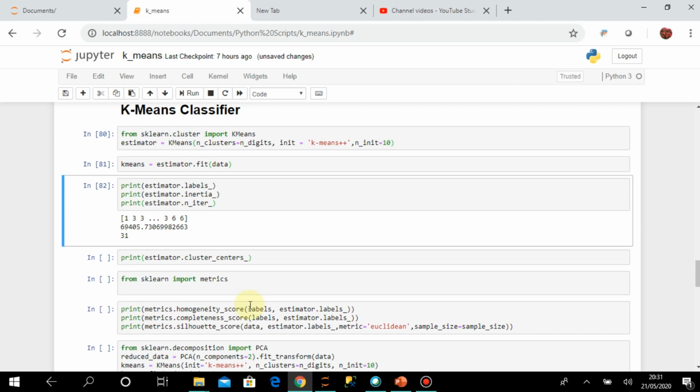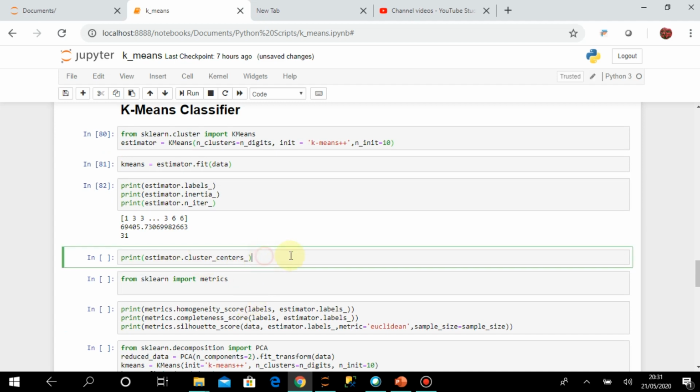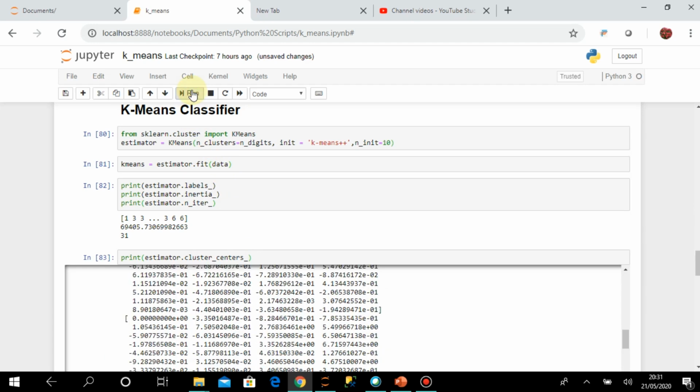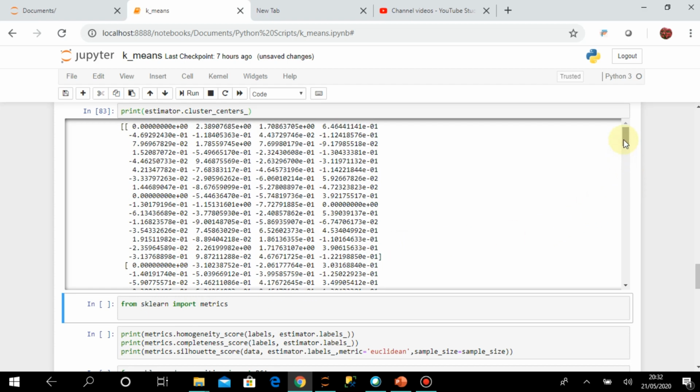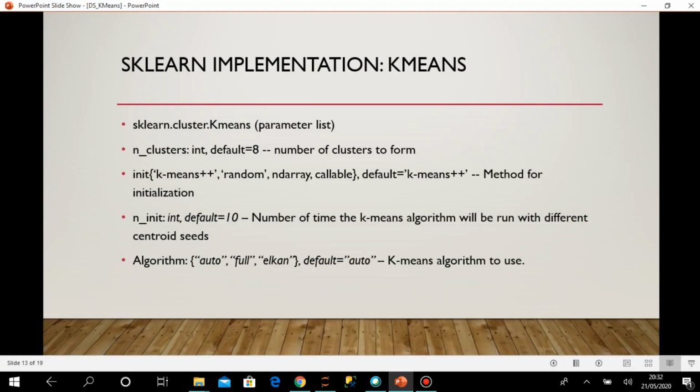And this is another attribute, sorry. If you execute this, these are the cluster centers. You know that it will be a 10 by 64 matrix kind of data, so you are getting it here. That's how I got this output. I have executed the k-means algorithm on this data set, and I got this type of output.